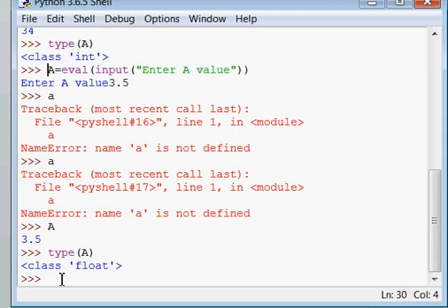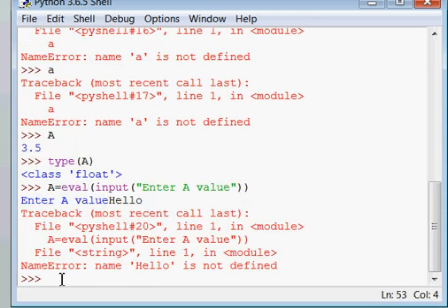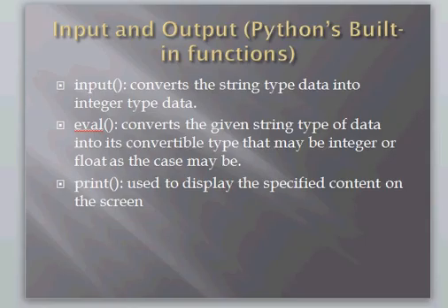In the same way, if you give the value hello, this time it is generating an error. Why? Because the eval function converts string type data either into float or into integer, depending on the input that you have given. If you have given an input which can be converted into integer, then eval converts it into integer.